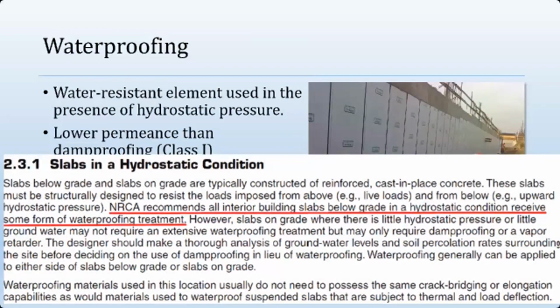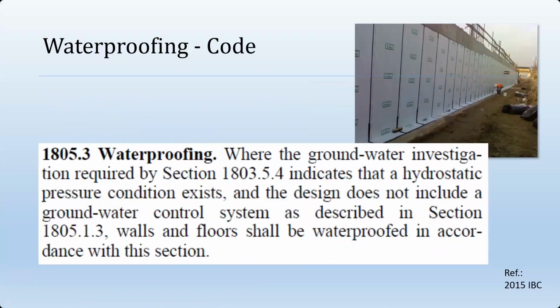This is an extract from the NRCA, the National Roofing Contractors Association Roofing and Waterproofing Manual. They recommend that all interior building slabs below grade in a hydrostatic condition receive some form of waterproofing treatment. Getting to the code, again, the IBC states that where the groundwater investigation, the geotechnical soils report I was mentioning